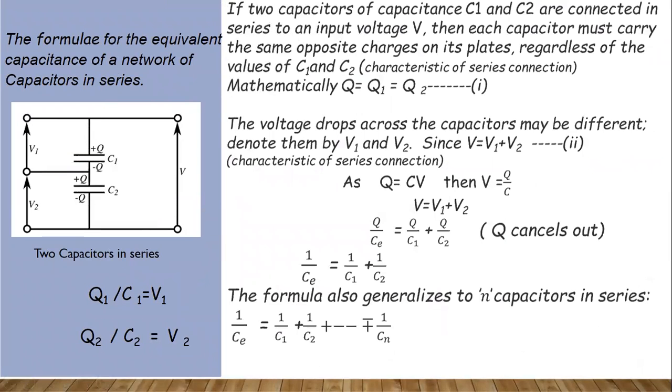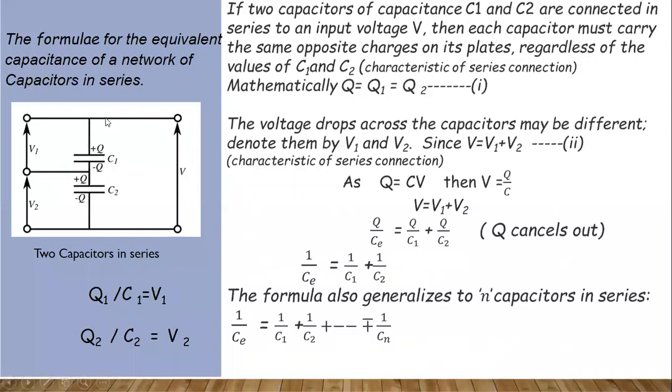Now we are going to derive the formula for the capacitance when they are connected in series. Now what is a series combination? You can see this is C1, the first capacitor, and this is C2, the other capacitor. When they are connected in series, they are connected one after another. For instance, this plate is connected to the source and the second plate is connected to the other plate of the capacitor, and this is again connected to the source.